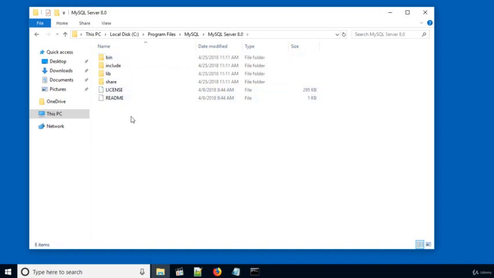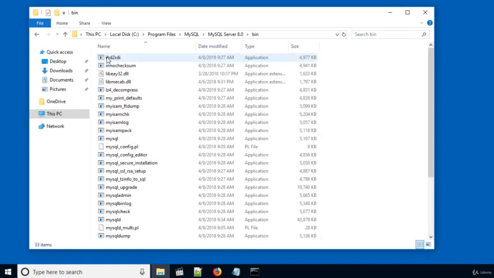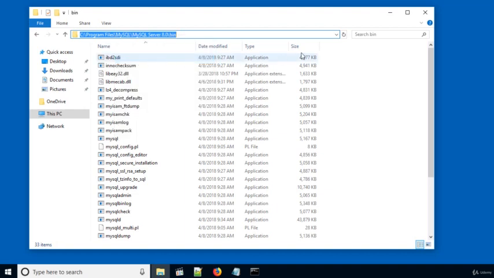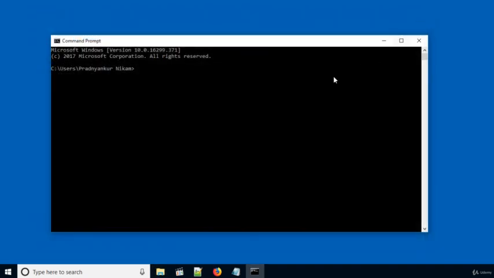In your case, you may have installed the software to a different location. Open the bin folder and click this top folder icon and copy the bin folder path. Now, in command prompt window, type cd and enter the bin folder path and press enter.